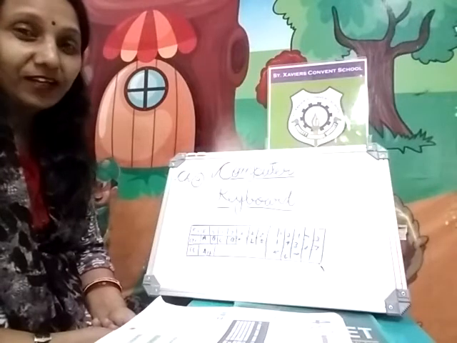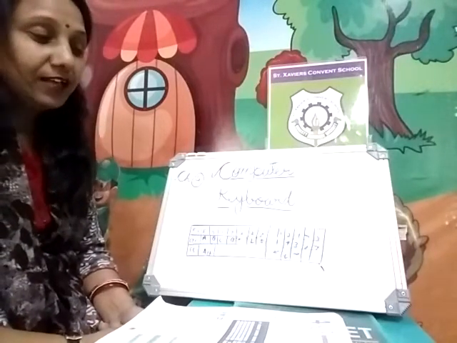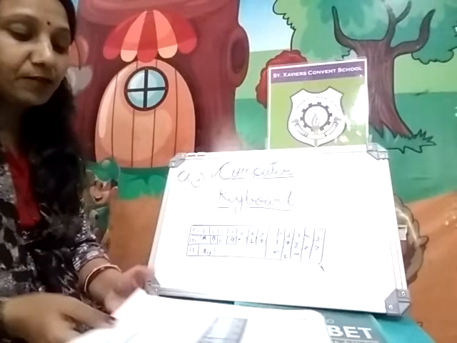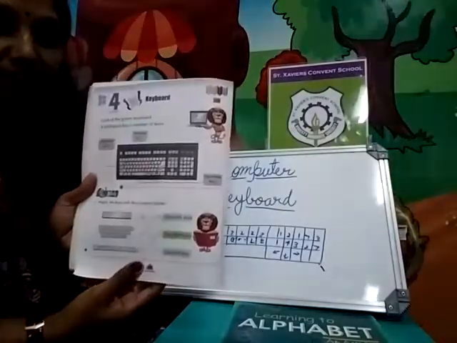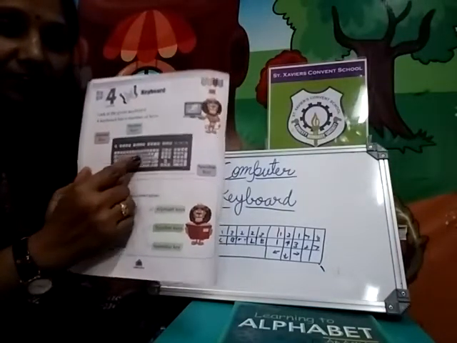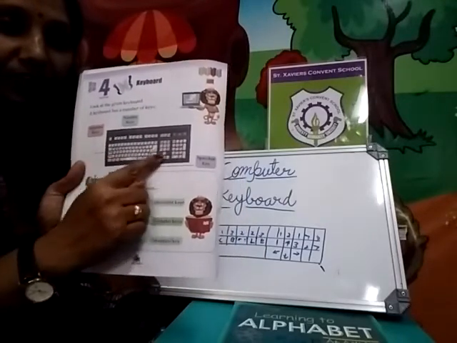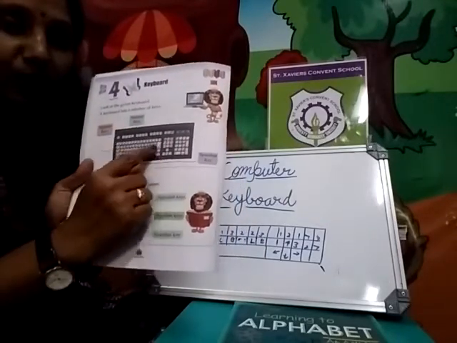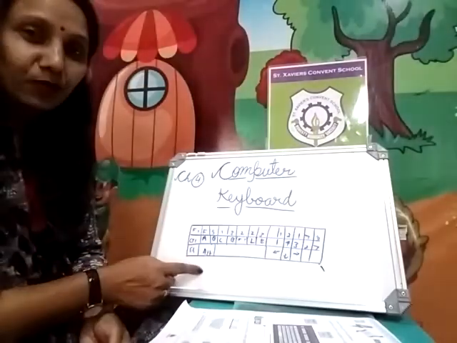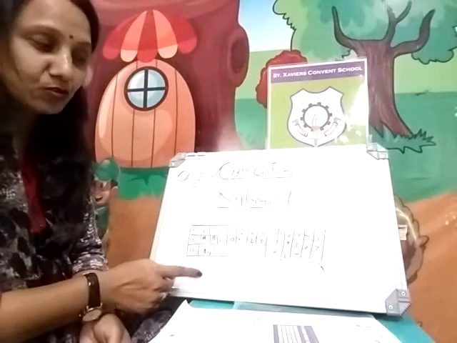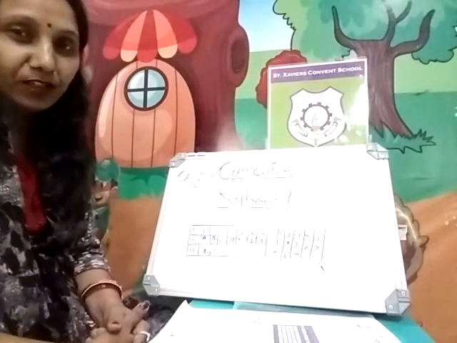Okay. So here today we will study the subject computer. That one is on your page number 20, chapter number 4. What is the picture there? What are you seeing? It's one part of a computer. That one is called keyboard. And the chapter name is what? Keyboard. You can see here on this board also what your ma'am has drawn here. Keyboard.